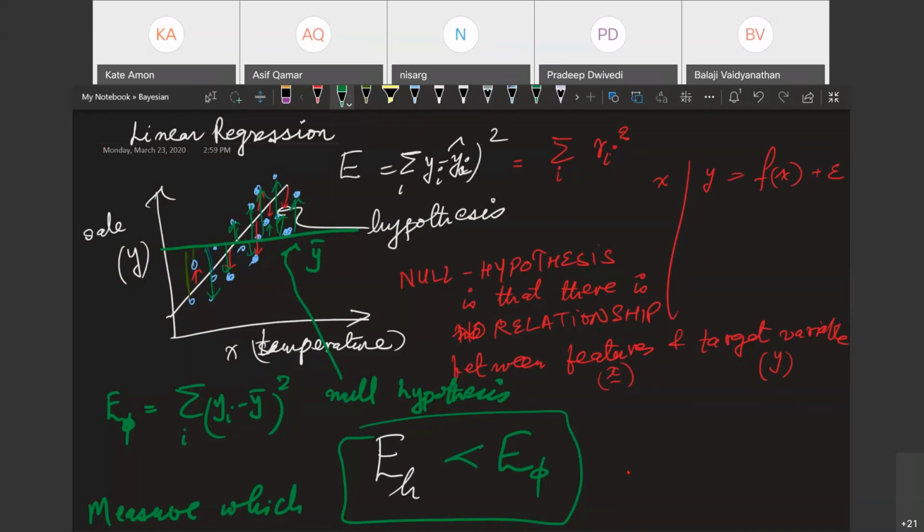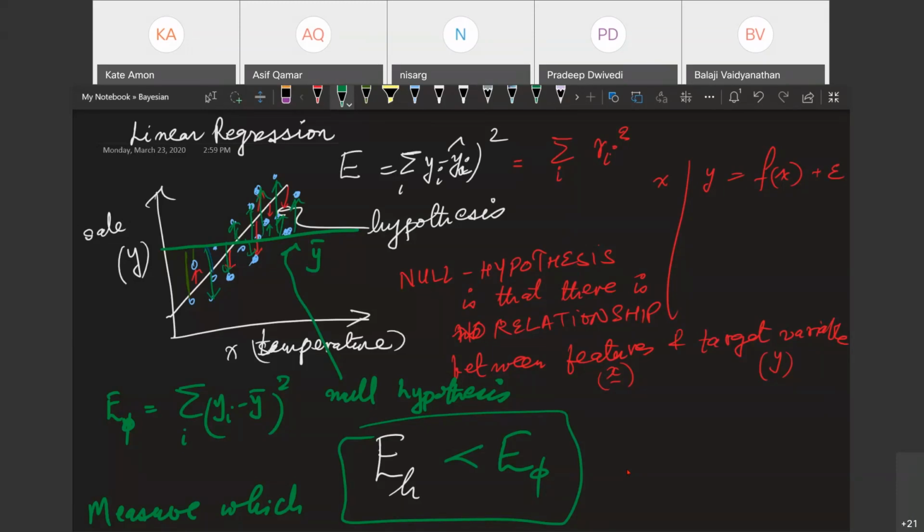Was that Sapna who asked this question? No, it's Manisha. Manisha, so do you see that, right? That the green line is way off. It is just saying the same answer, irrespective of what the X value is, whatever the temperature is. It says you're going to sell this Y bar amount of ice cream. So it will make much bigger errors. It has just learned nothing from the data, saying that the sale of ice cream will be the same no matter what temperature.